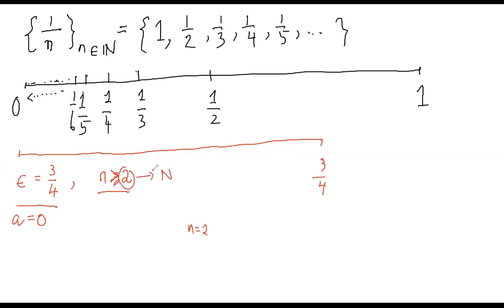This is some number in the set of natural numbers. So as long as you can find a threshold for which all your subsequent values have a distance that's smaller than the epsilon, okay, then